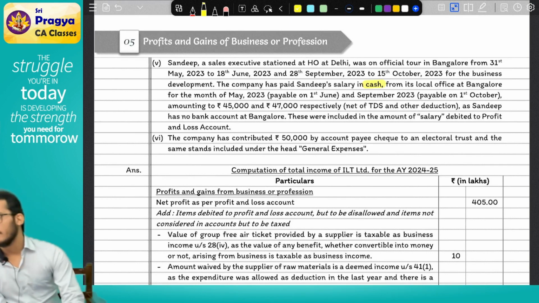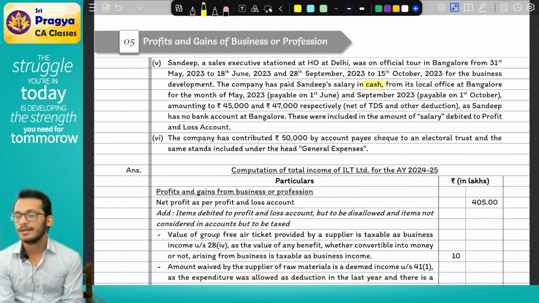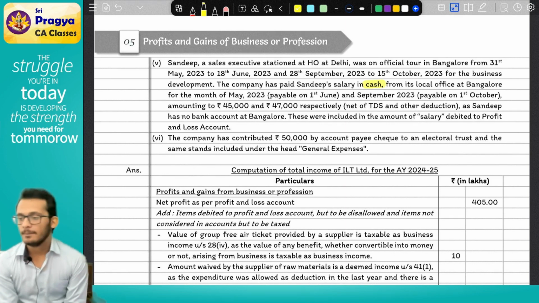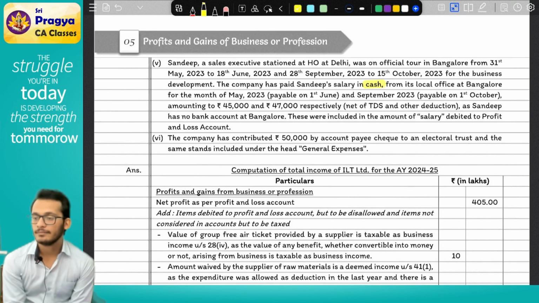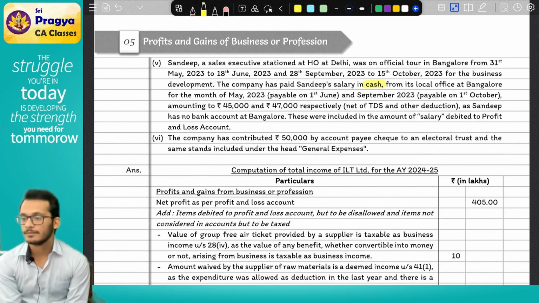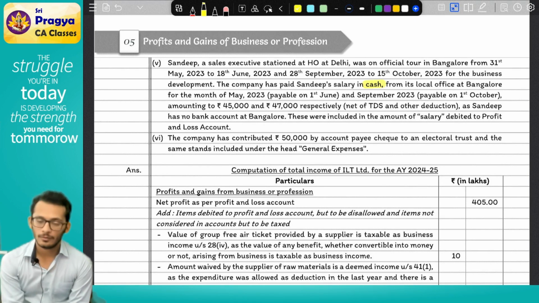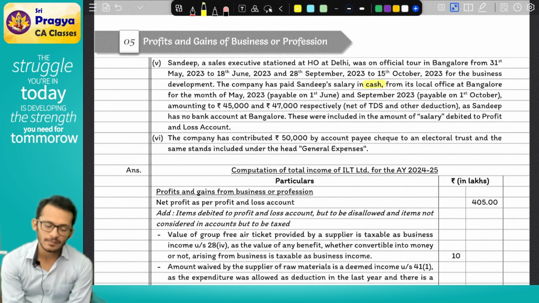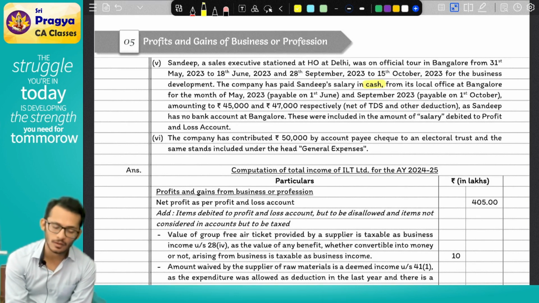What is the problem? You cannot make a payment in cash of more than 10,000 to one person in one day, except for some cases. One of the cases was an employee deputed for more than 15 days where there is no bank account. So let's check what happens. The company has paid Sandeep's salary in cash from its local office in Bangalore for the